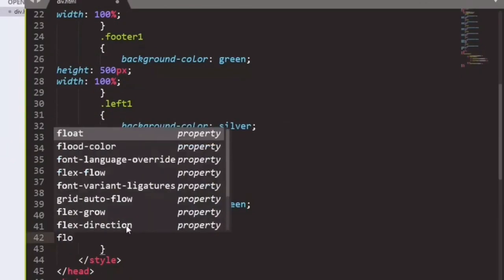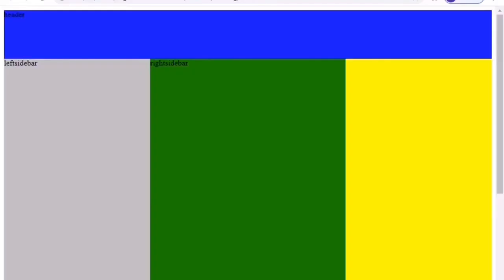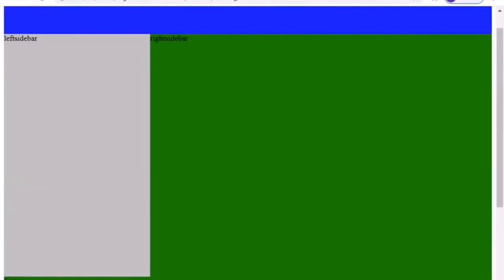Suppose I have to float this in right or left. So we will save the file, and we need to refresh our page, and we can see this.